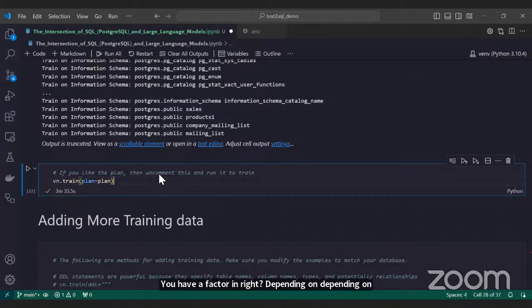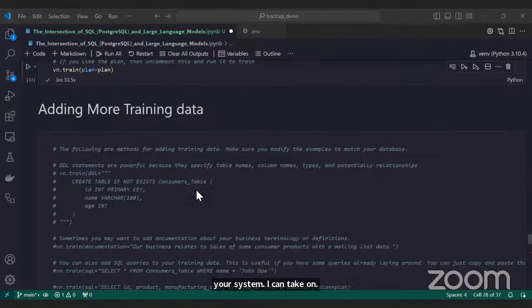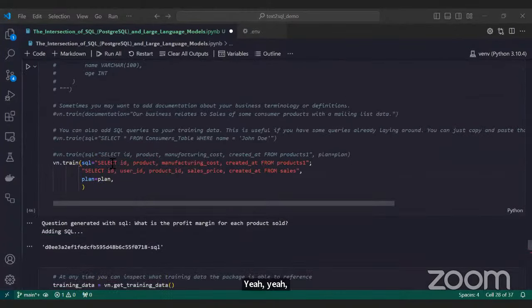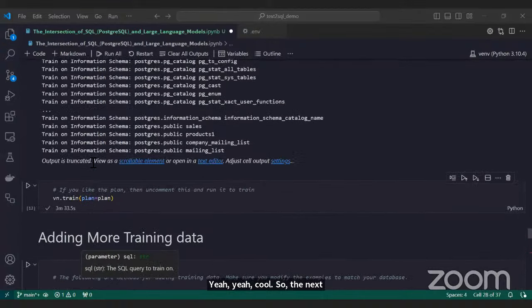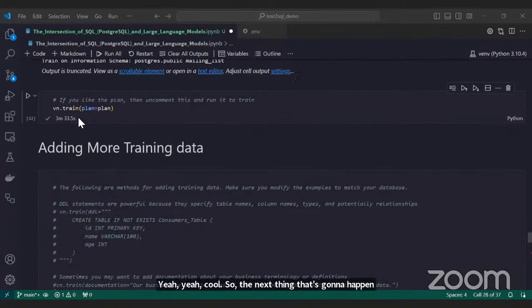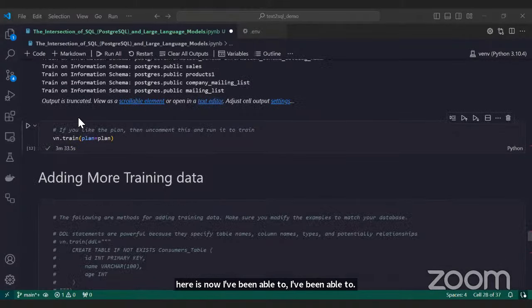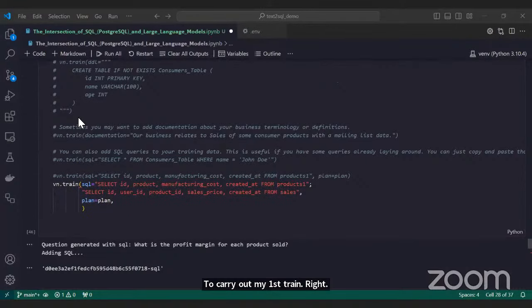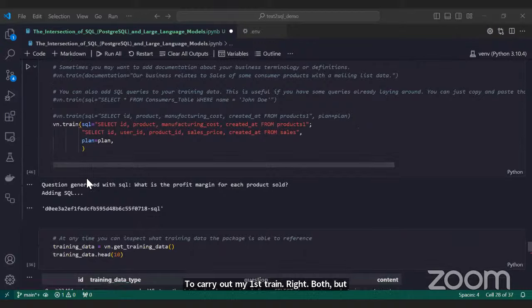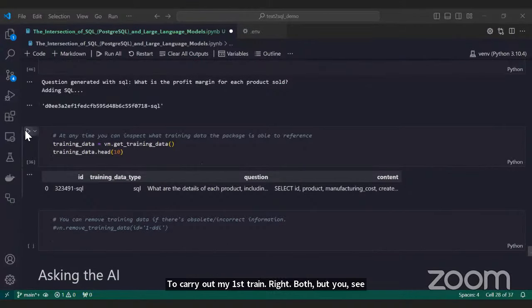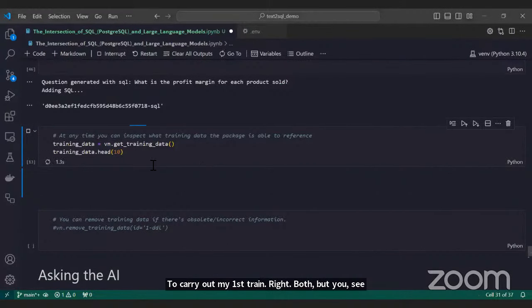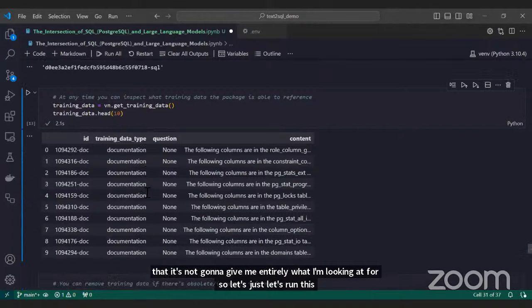Okay, cool. So the next thing that's going to happen here is I've been able to carry out my first train, right? But you will see that it's not going to give me entirely what I'm looking for. So let's run this. Good.